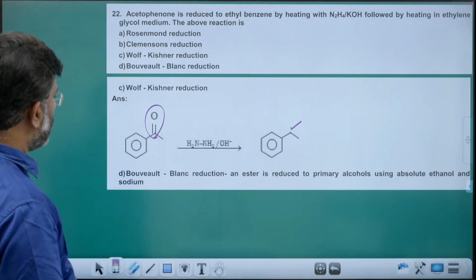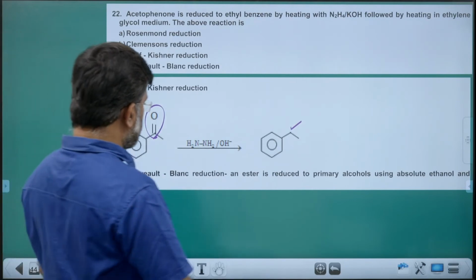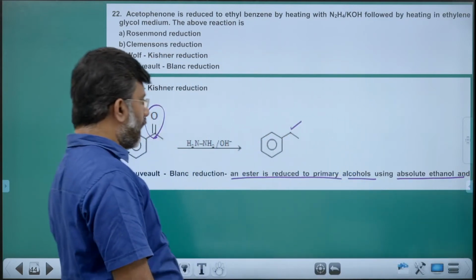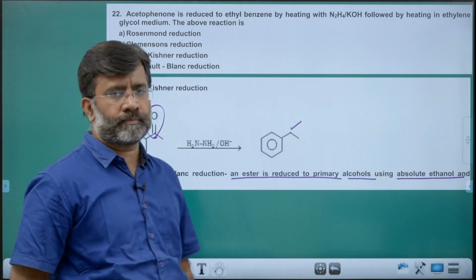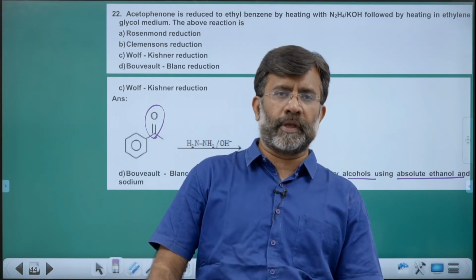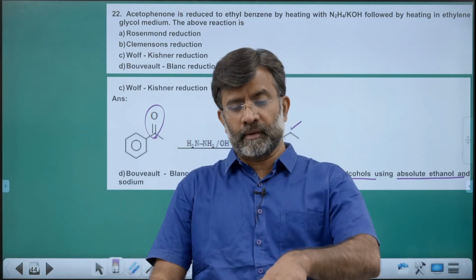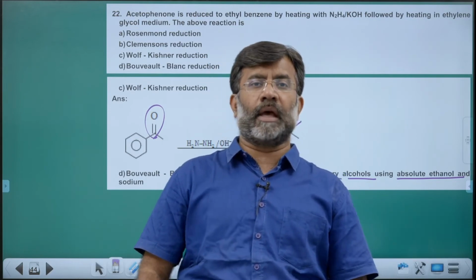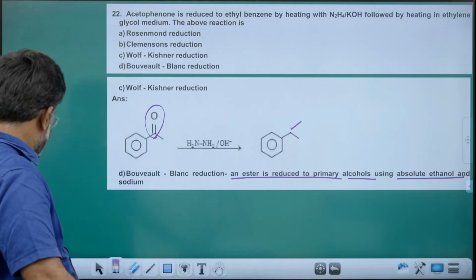There is a choice, Bouveault-Blanc reduction, which is nothing but an ester reduced to primary alcohol using absolute alcohol and sodium. Using ethanol and sodium, converting esters to primary alcohol. That is called Bouveault-Blanc reduction. Next,